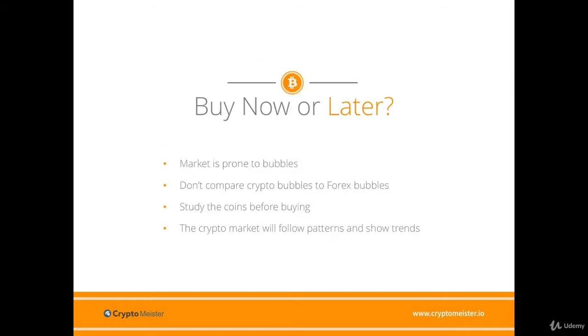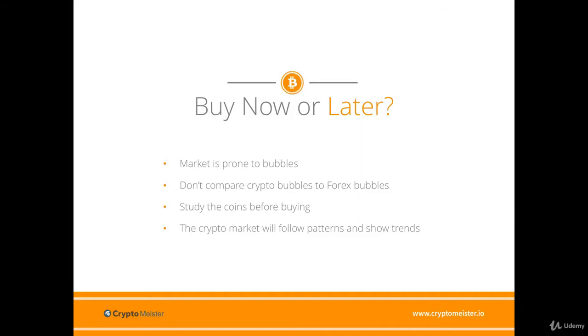Cryptocurrency markets are volatile, and this is something I can't repeat enough. While it can make for stressful trades, this is also a good characteristic for traders trying to get into the market. The market is prone to bubbles that can come and go rapidly. The worst time to buy would be at the peak of a bubble, and the best time would be when the price is stable and at a lower level.